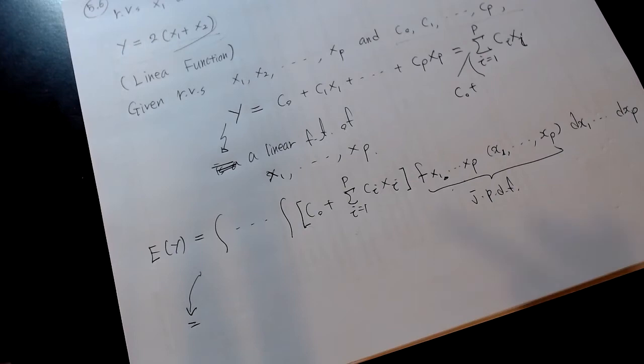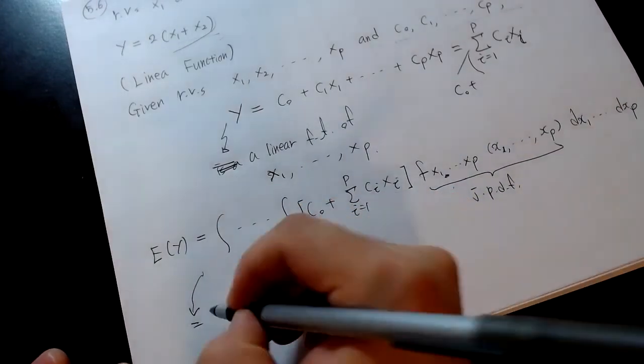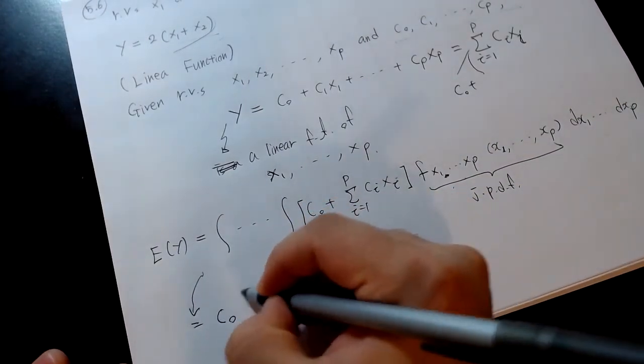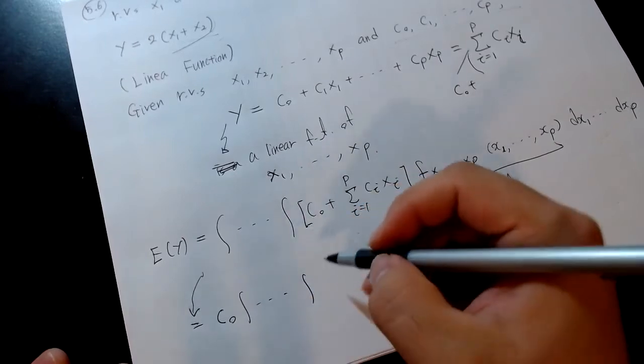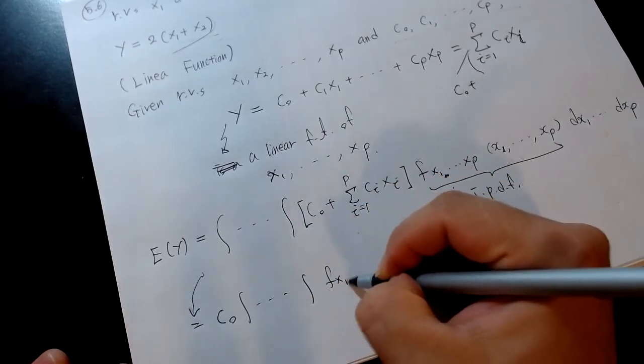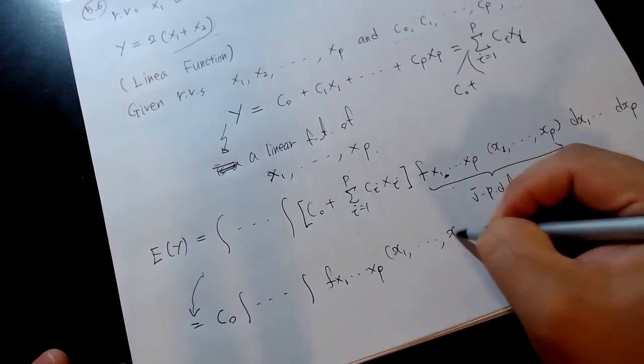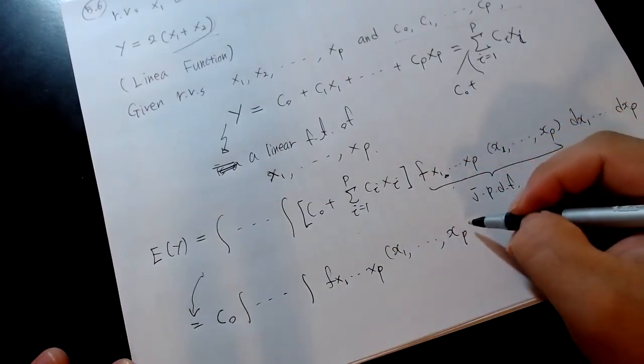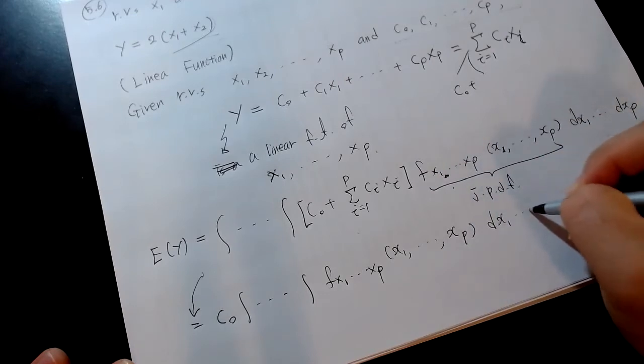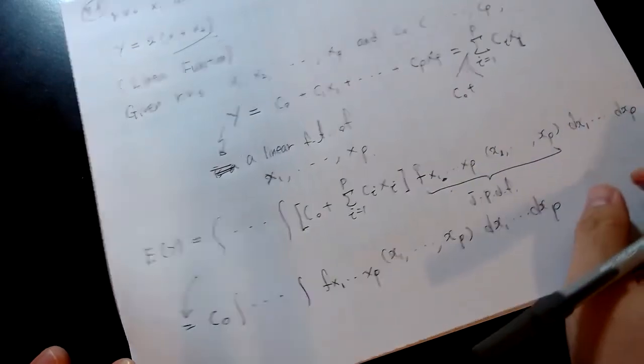So this is equal to c0 times the multiple integral of f(x1 through xp) dx1 through dxp,